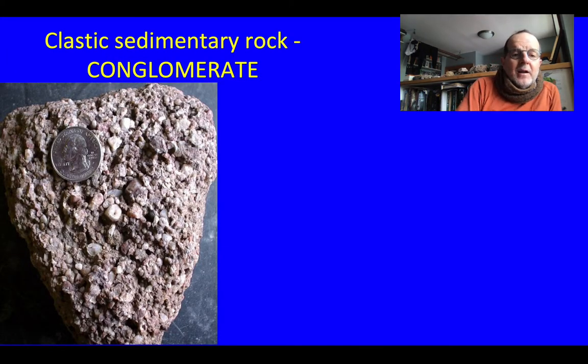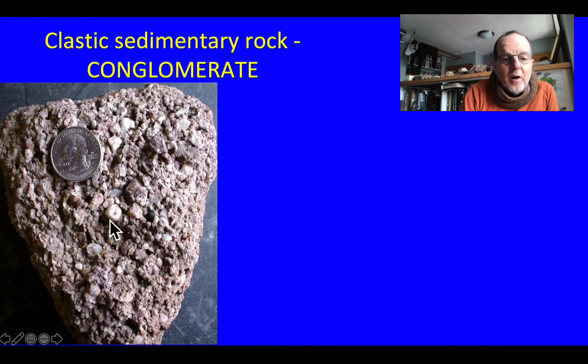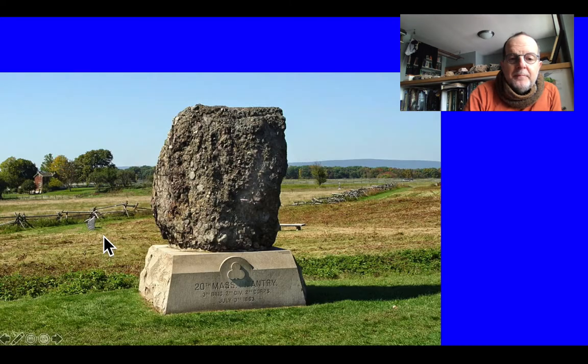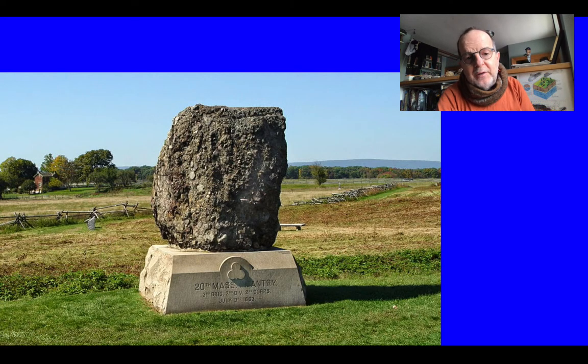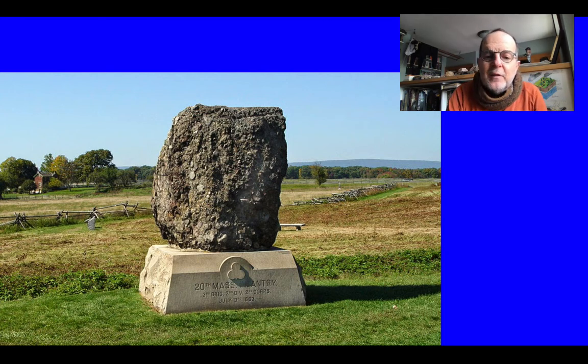Clastic sedimentary rock, here would be a conglomerate, because the clasts are big enough to be bigger than sand, and they're embedded in a matrix of smaller particles, and they're rounded, so it's a conglomerate. This is called a pudding stone. It's a famous conglomerate that's been placed on the battlefield of Gettysburg to memorialize the 20th Massachusetts Infantry, which fought